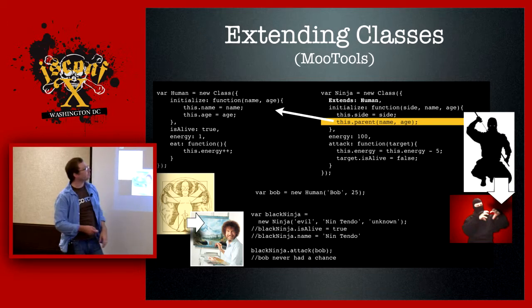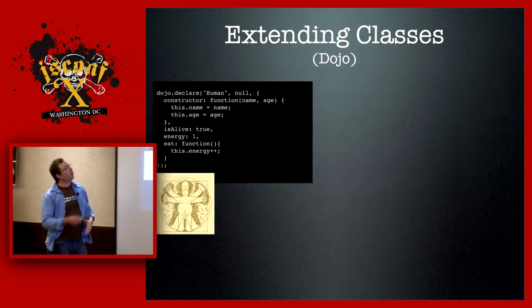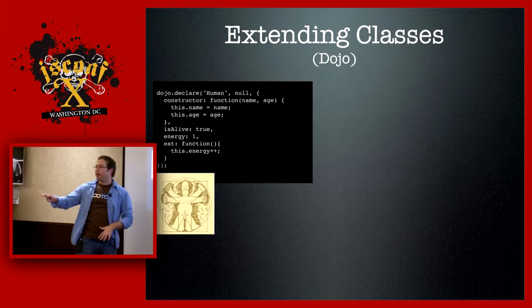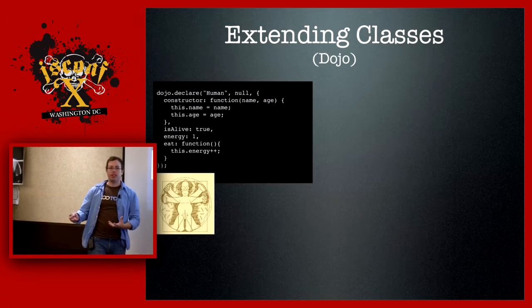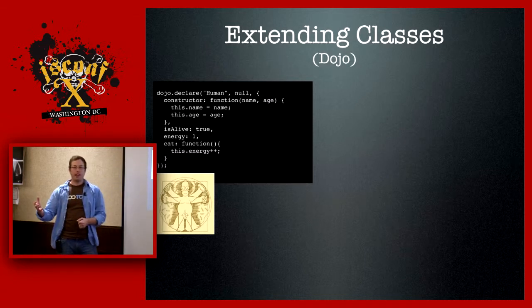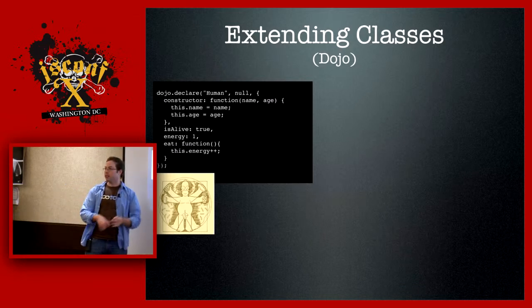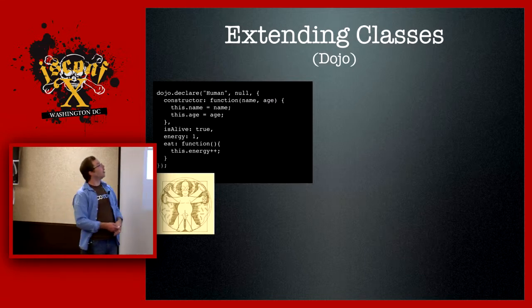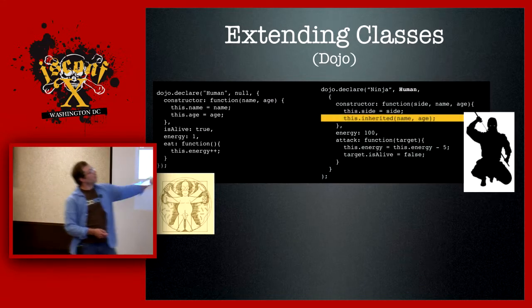So one other way that you can mix in classes is where you have two disparate things that you want to have as properties that get added to a class. Instead of it being in the prototype chain, instead of it being an is-a relationship, a ninja is a human, it's more of a has-a relationship. A ninja has a sword kind of thing. So here we have our ninja object.